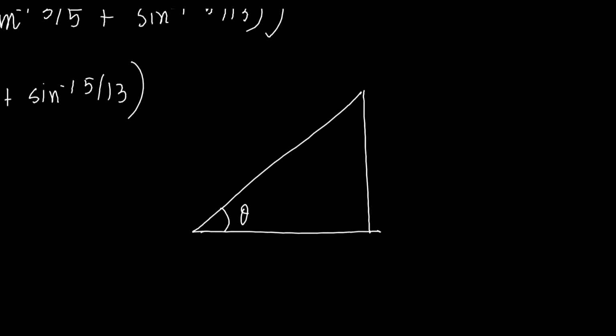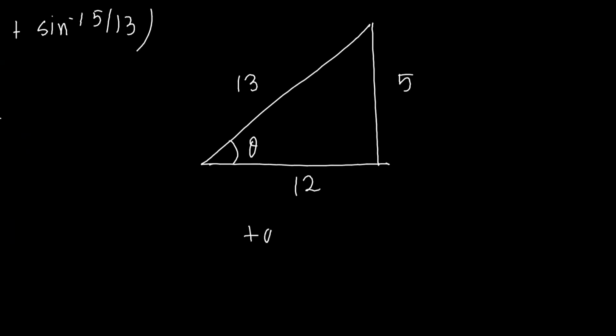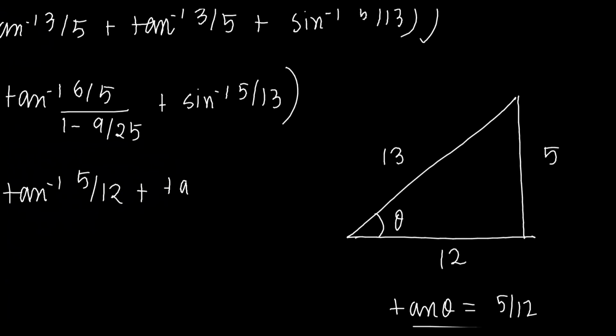Okay, so if it is sine inverse of 5 by 13, that is 5, it is 13, so this will be 12. So from this, what we get is that tan theta will be 5 by 12. Okay, so we can write here that it is tan inverse of